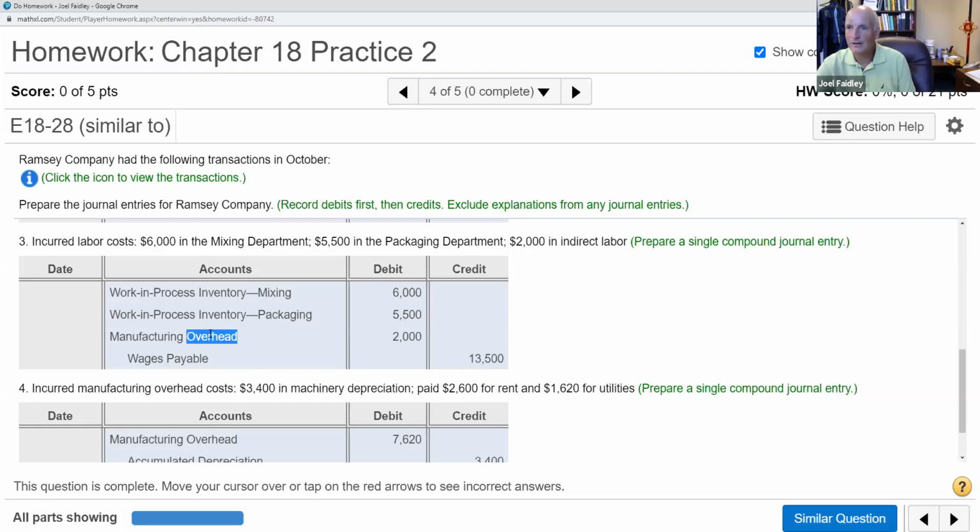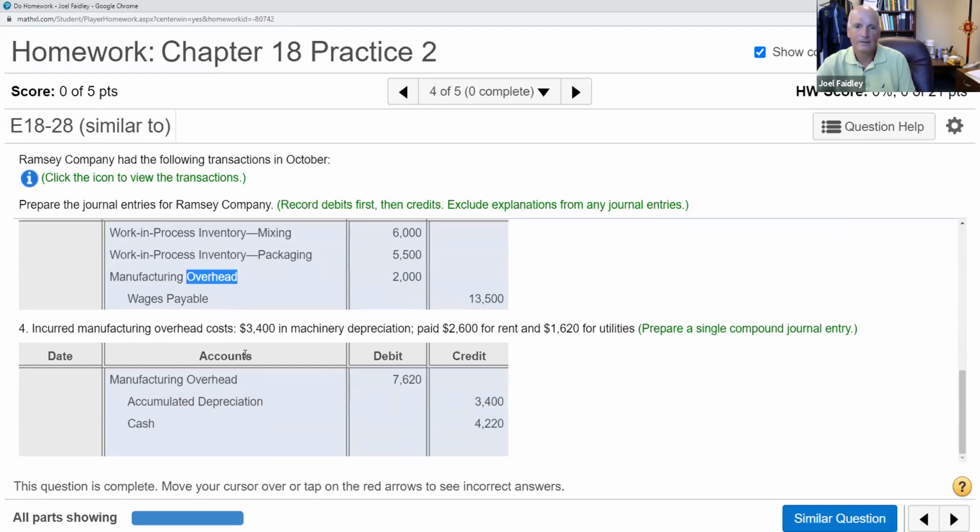and in manufacturing overhead, it's hard to define that one as an account. It is just like a holding tank or a bucket that's going to be zeroed out at the end of the period. And then finally, it says here,